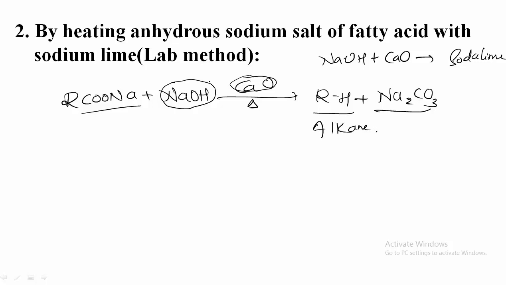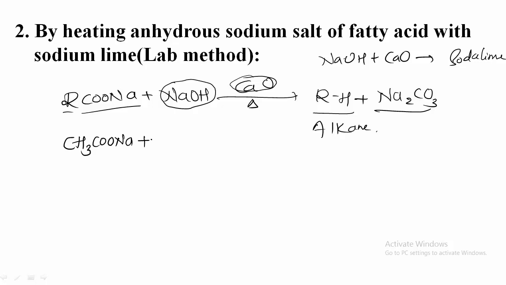And this is the laboratory method. It means we can prepare the alkanes in the laboratory by using this method. Simply take one example. Here R may be any group. It may be methyl, ethyl, propyl, butyl or anything. So I will take methyl group, CH3,